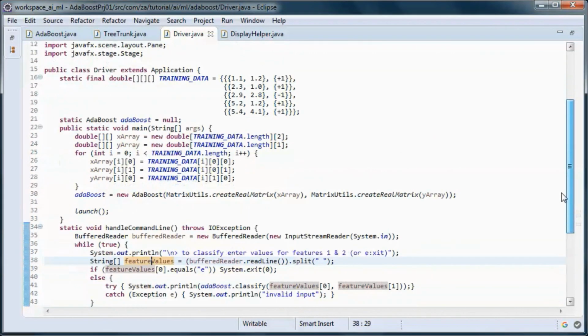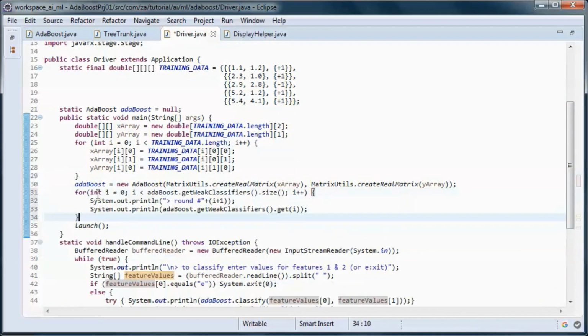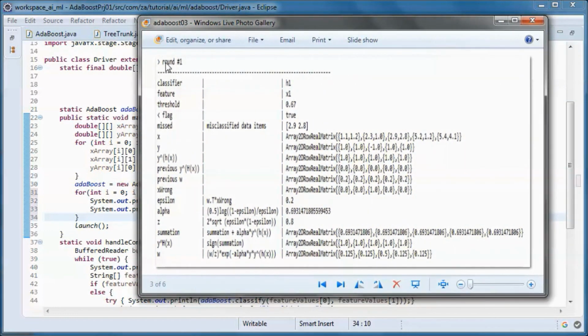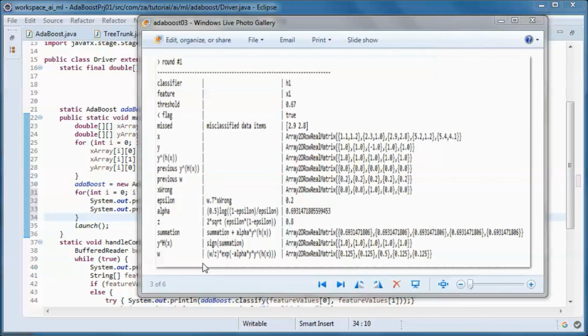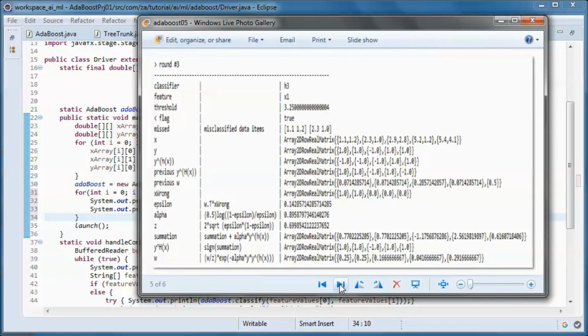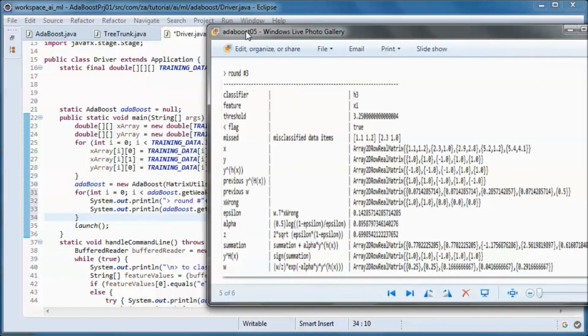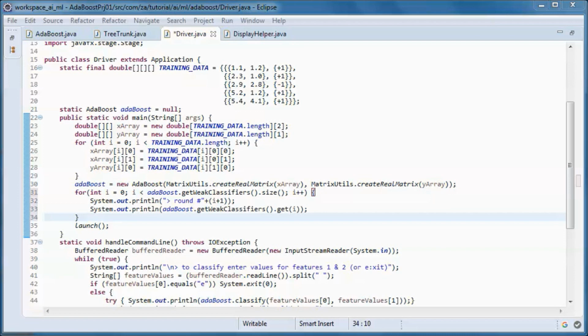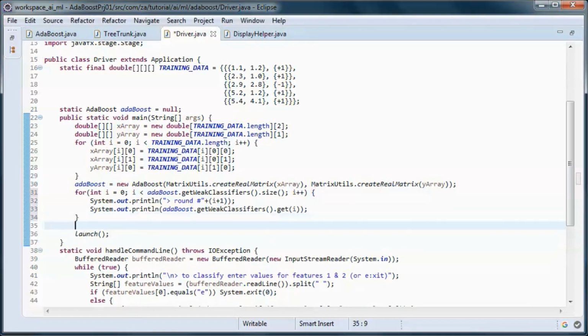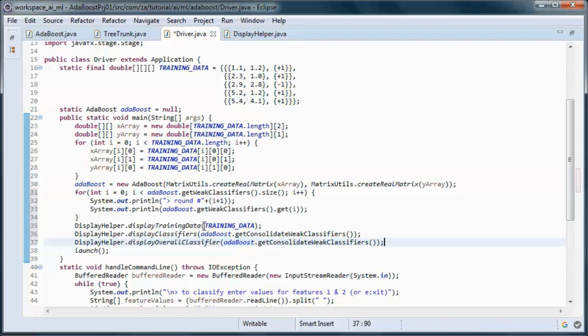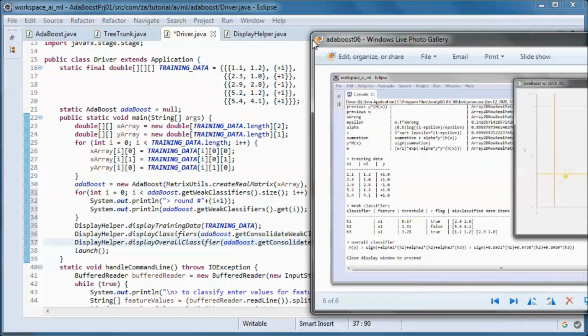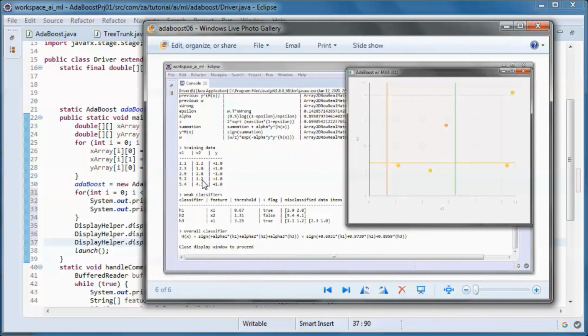And this code will display the different rounds. So in this case, round 1, 2, and 3. And this code will display the training data. So this training data and the weak classifiers and the overall classifier.